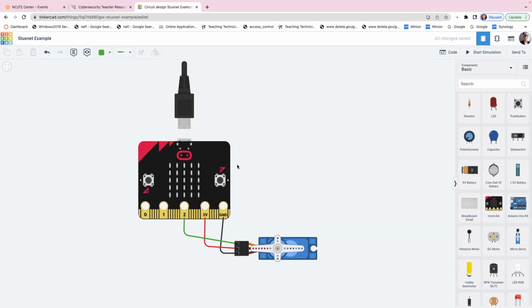So anyone recognize what this device is right here? What am I showing on the screen right now? Does everyone see it? Okay, this is called a micro:bit. It's a microcomputer, approximately 2.5 by 3 inches.